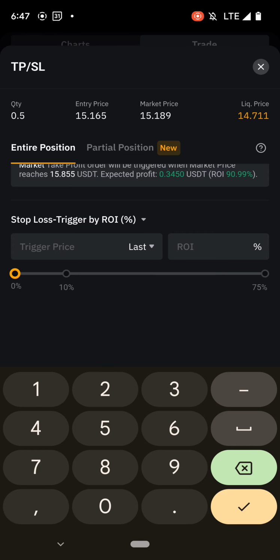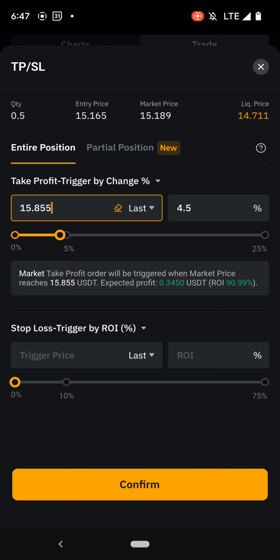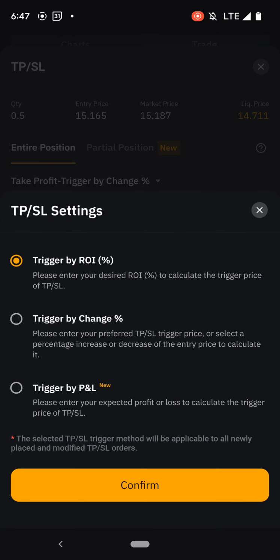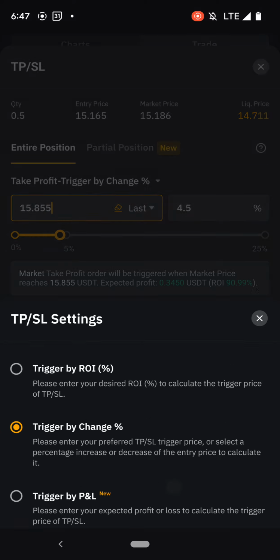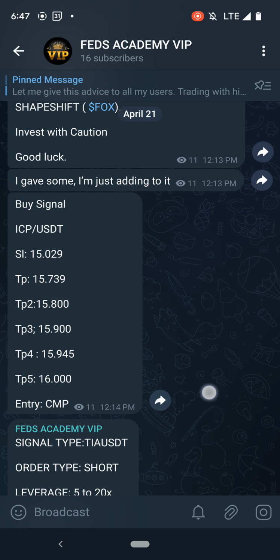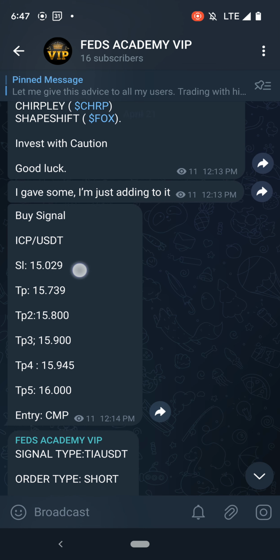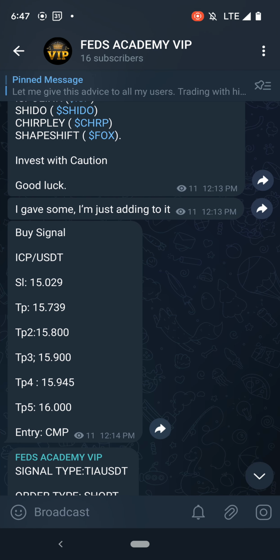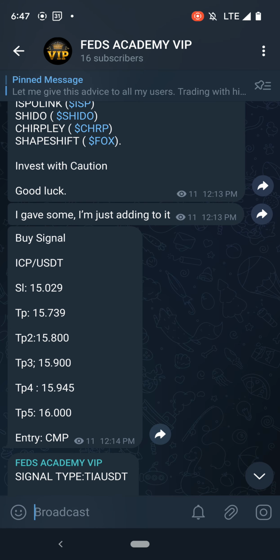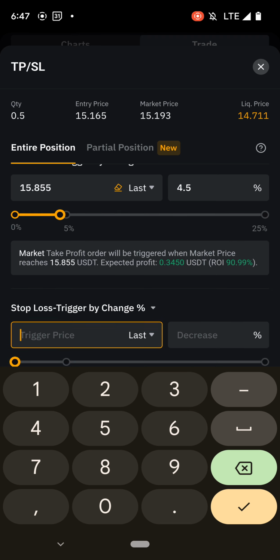You go down to the stop loss. The stop loss price, we do the same thing here. We also take trigger by ROI or trigger by price. Trigger by change in price. Now, this change in price here, let us see our stop loss. They say it is 15.029. So I'll simply come here and I'll put